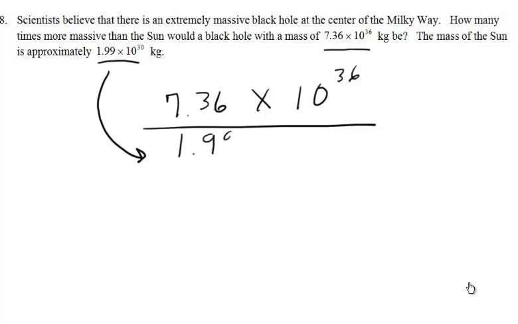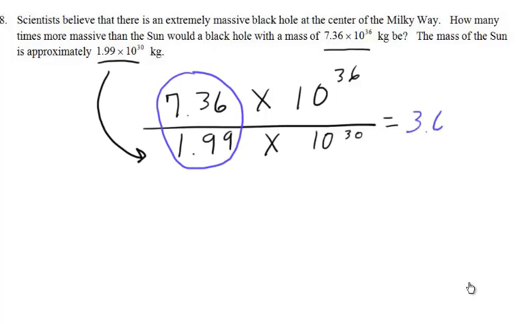1.99 times 10 to the 30th power. Of course what we have to do first, change colors, is divide this piece here, and that gives me 3.6, I'm going to round, 9.8, it keeps going, but I'm just going to round. And then of course we have this portion here, which we're just going to subtract from our rules,